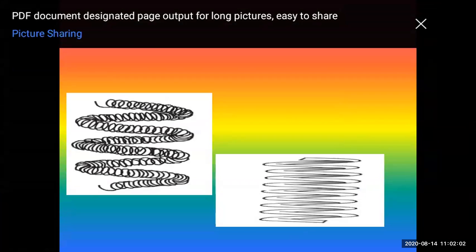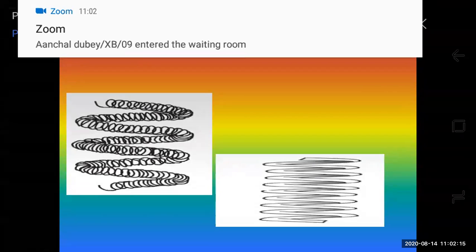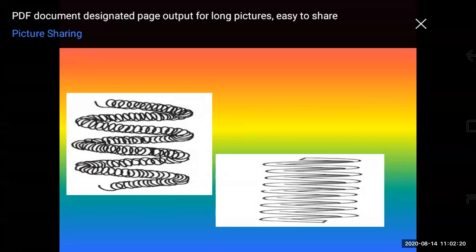Now you can see here a solenoid. What is solenoid? When a copper wire with a resistive coating is wound in a chain of loops like a spring, it is called a solenoid. I repeat, what is a solenoid? When a copper wire with a resistive coating, meaning what? The copper wire will be covered by a plastic or any other coating, okay, wound in a chain of loops. You can see in the diagram how they're wound like a spring, okay. So it is called a solenoid, right?